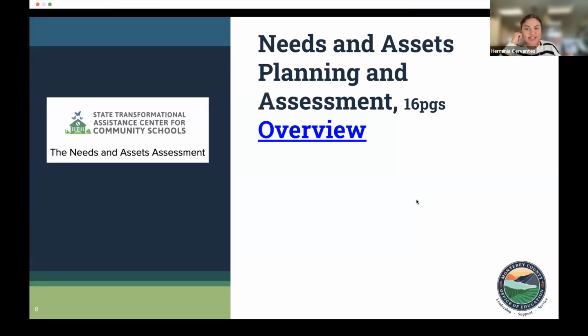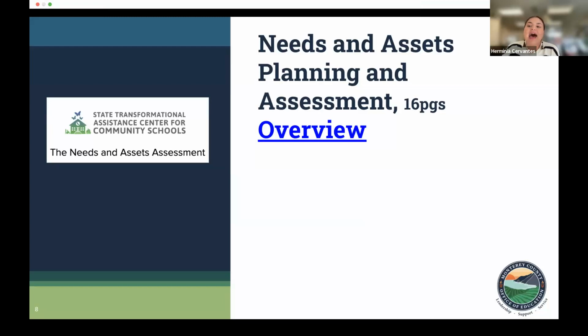What we will be doing today is just doing a general overview of the needs and asset planning assessment tool. The tool is linked here in the presentation, and Junwei will also be dropping the link in the chat. And again, this is just a document that they put together over the summer that is meant to support districts and LEAs, regardless of what stage of the process they are in